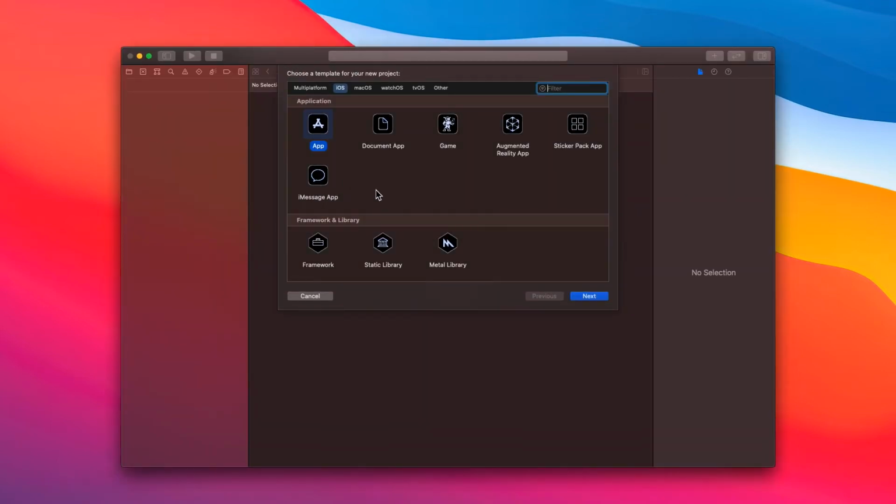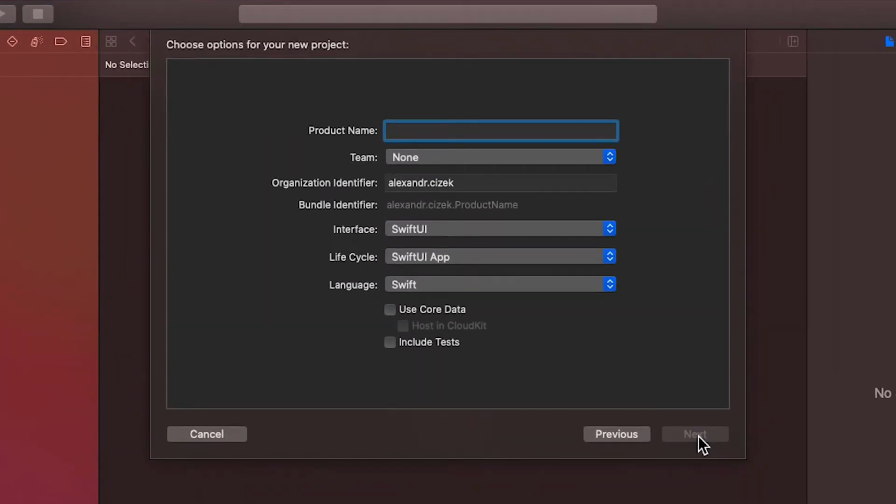So select the first option, and after this you will see a bunch of pre-made templates that you can use for your application. However, we're not going to use any of these, so you will just click next here. And here we can specify our project. So first of all, our project name, which will be demo for this. We will not worry about the team or the organization identifier at the moment,